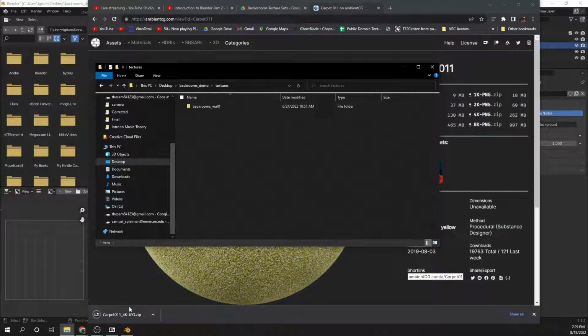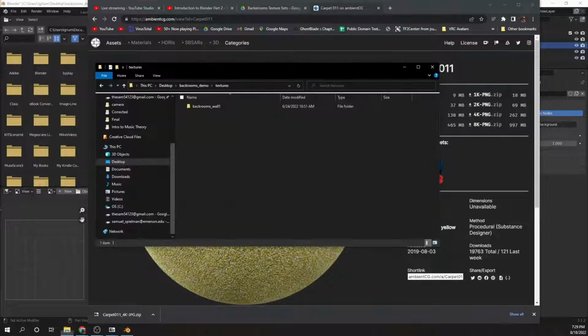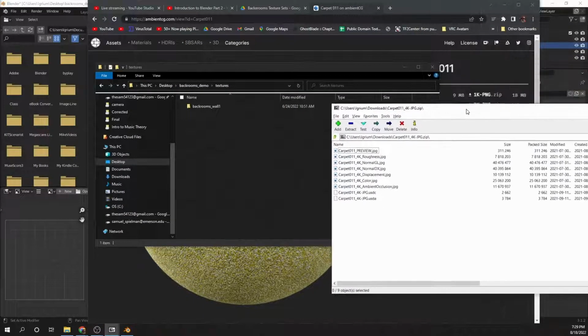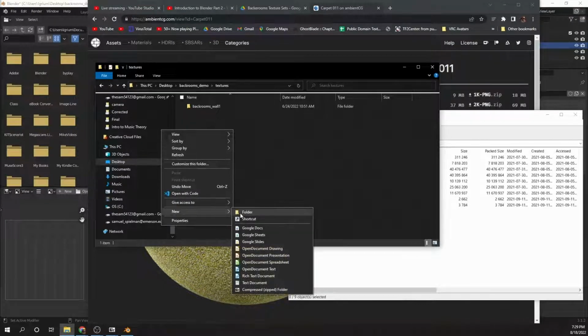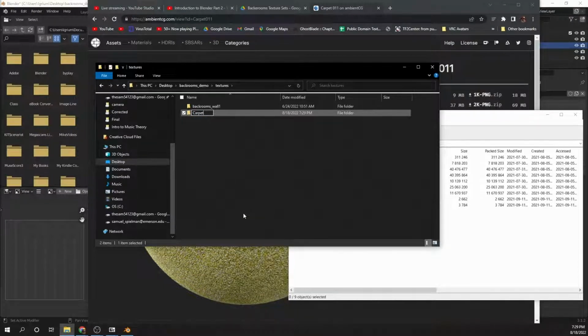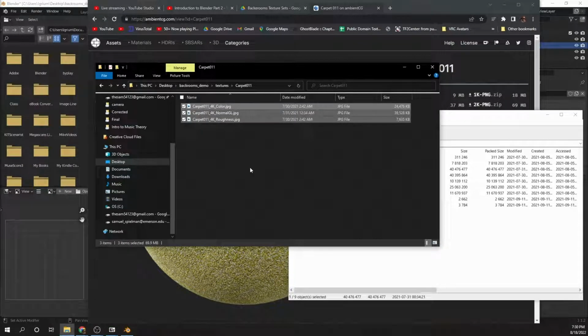And this is why we made a folder within our textures folder for that. And I'm going to do it again, where this is carpet 11. Let me make a new folder within our textures folder. I'm going to call it carpet 011. There we go. And then we're going to take our color, our roughness, and our normal, and the GL version of the normal,